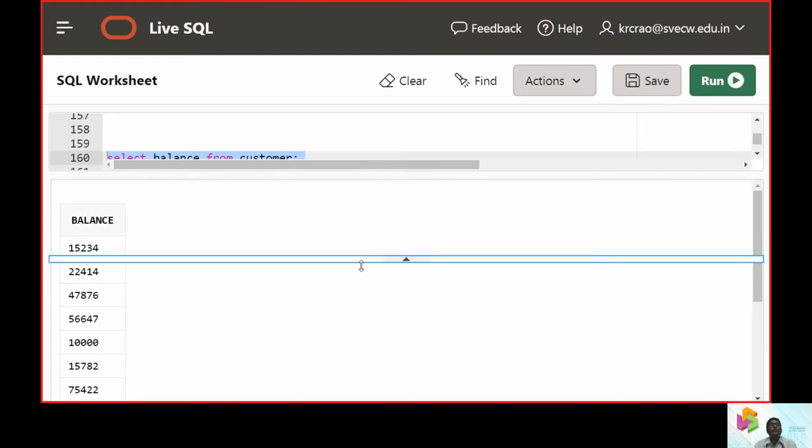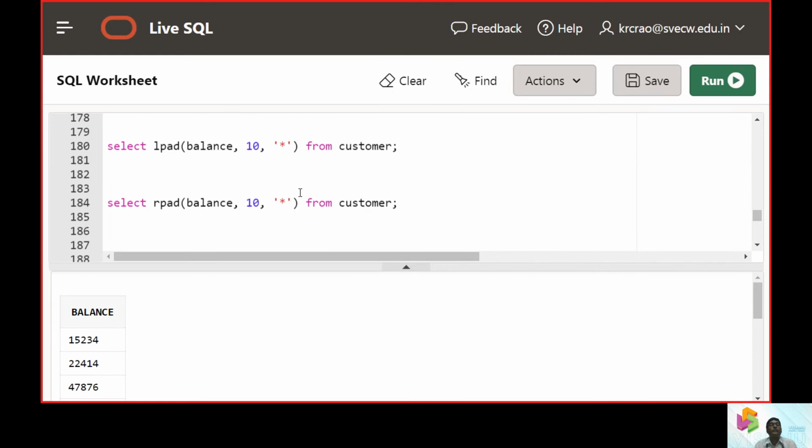To do that, we will use a function called lpad, so that the asterisk is towards the left side of the balance. Similarly, if we use rpad, the total balance is displayed in 10 characters, and the asterisk is applied to the right side.